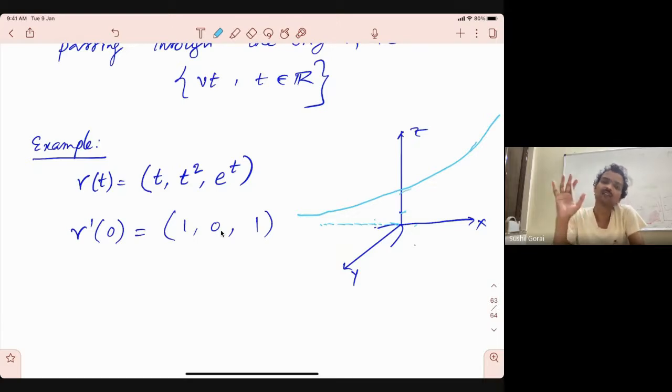If you look at just the projection on the xz plane, it is the exponential graph, the graph of the exponential. Now in the second coordinate, so this is the exponential, and,